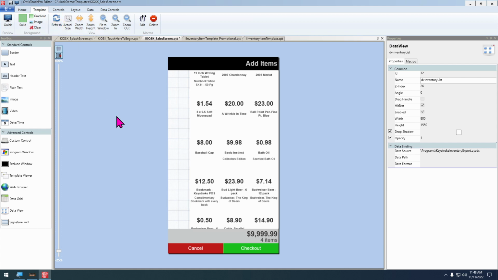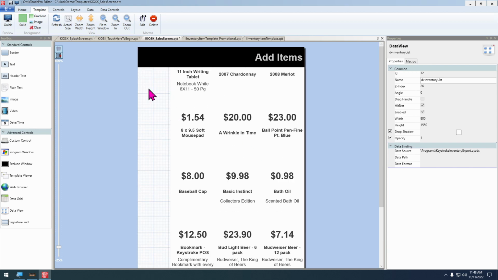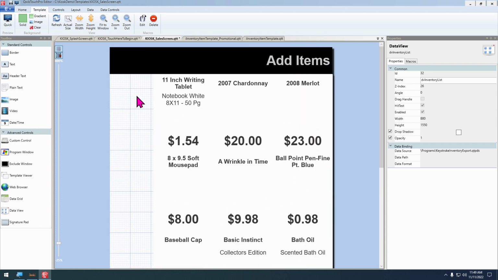Now if we refresh our template, our changes are there. So that just gets rid of that little line between the buttons. Just personal preference, doesn't really matter. So the next thing we want to do though is create a list of inventory items here, and we're going